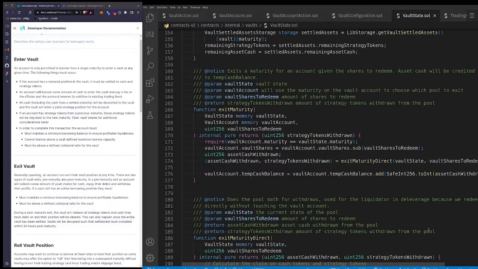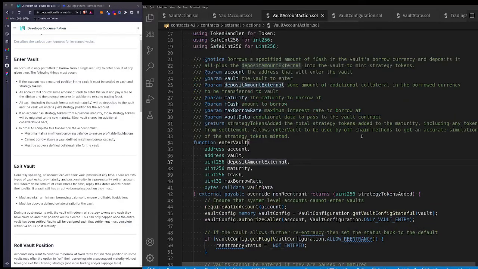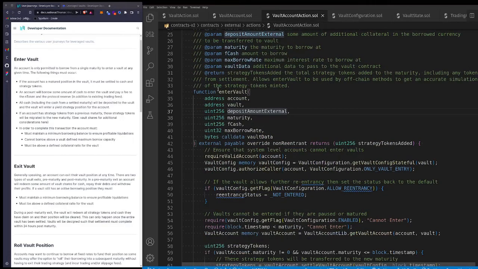So with that, we will now take a look at the different user journeys. There's entering a vault, which we will go through first. Enter vault is on vault account action. Vault accounts will call enter vault